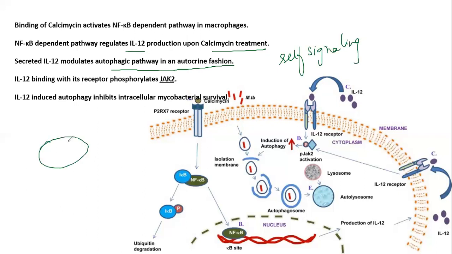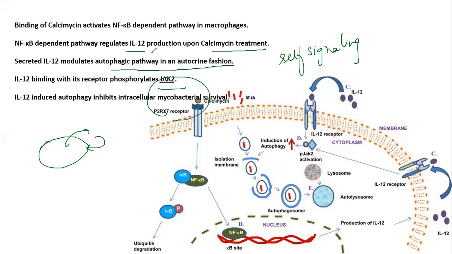If there is a particular cell, whatever it releases will bind to its own receptor, the self receptor. IL-12 binding with its receptor phosphorylates JAK2. It induces autophagy and inhibits intracellular mycobacterial survival. So now calcimycin treatment, at the end, it is talking about the